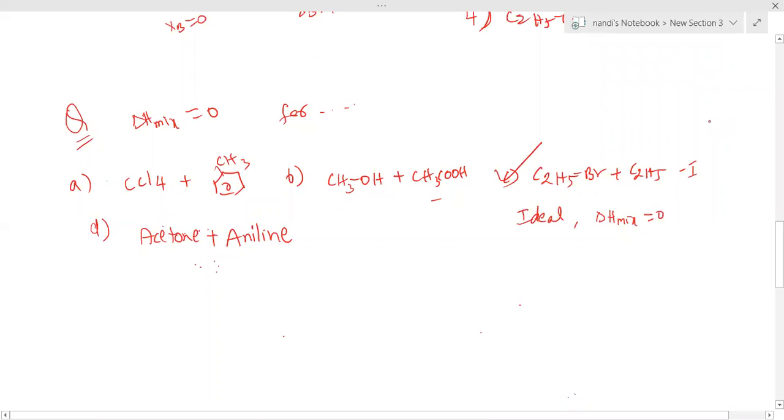Next time they will ask delta V mixture 0 like that, so you should be ready to solve. You should not think about how to find delta H mixture 0 when values are not given. You have to remember the ideal solution examples that NCERT gives, 100%. Especially NEET students, they will ask the same thing that is given, direct examples. They won't ask difficult problems, because you need to solve one question in one minute, so they are not expecting numerical calculations from you. That's enough.